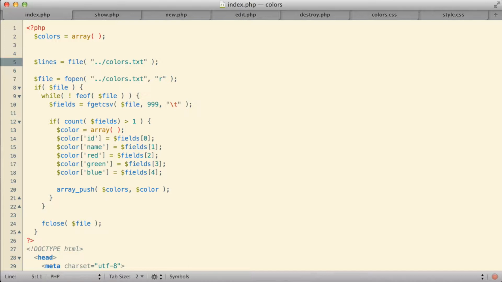What this function does for us is read in the entire content of the file and return each line of that file as a separate element of an array. So if my colors file has 14 lines in it, what I will get back is a 14-element array, each element of that array being one of the lines from my file. So it does a little bit of the parsing work for us, but where the file function doesn't help is that each of those lines that's returned is still just a solid string. It's not broken up into individual fields like we were getting with fgetcsv. That's where our string handling in this video will start to come in.